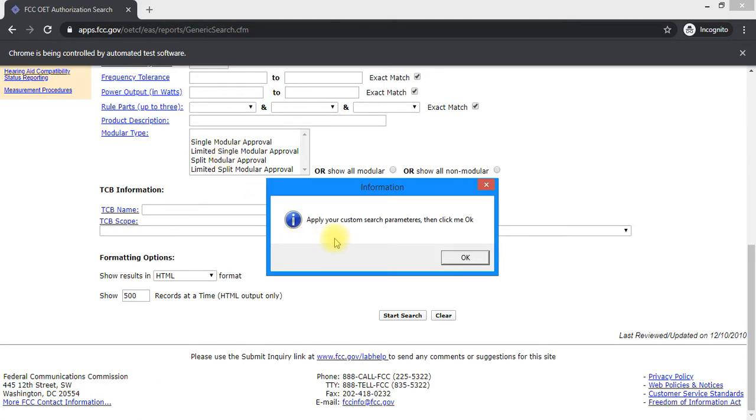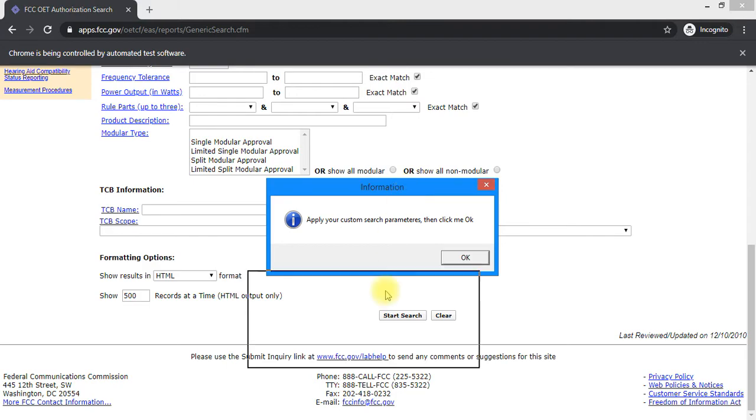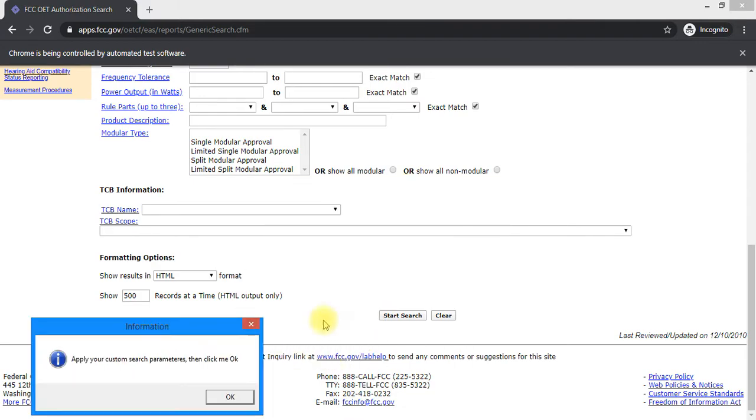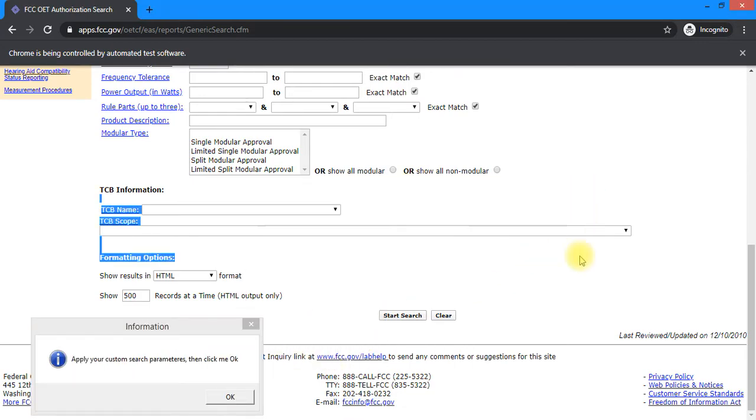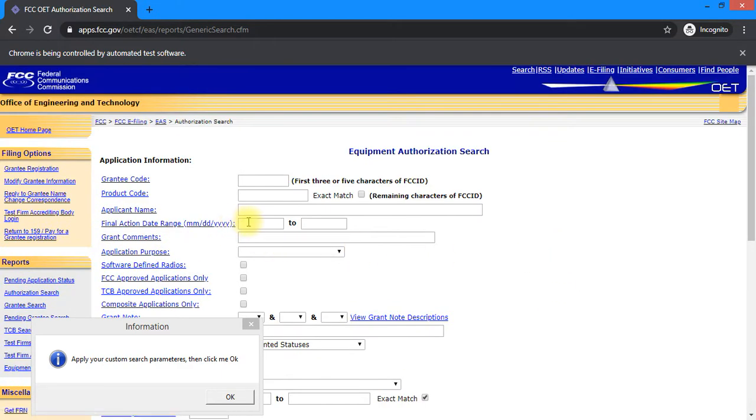Okay, here you have to strictly follow this message. It is saying that apply your custom search parameters, then click me OK. So as you said that you want the access to apply the custom filters here, so you can apply any custom filters like I'm doing right now.